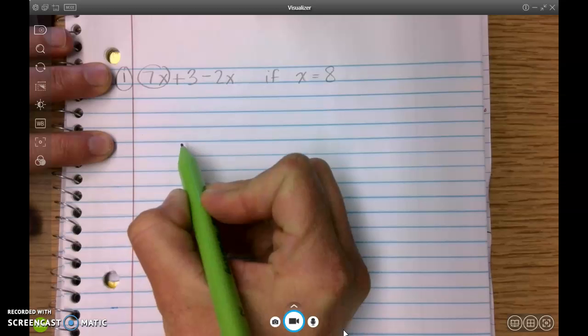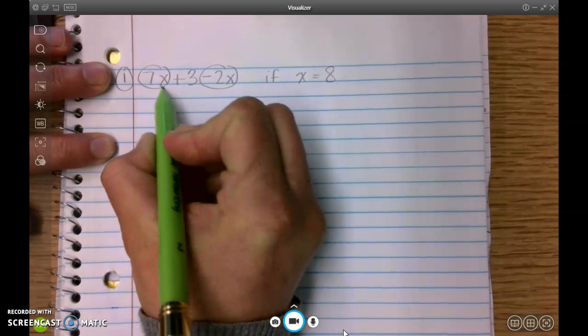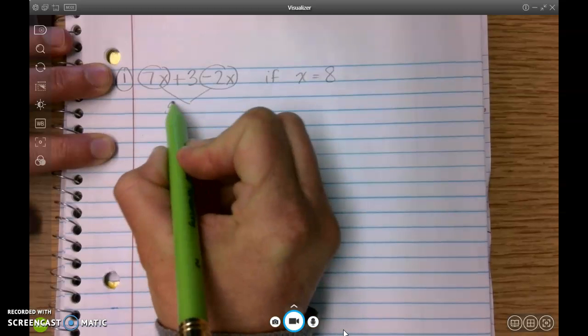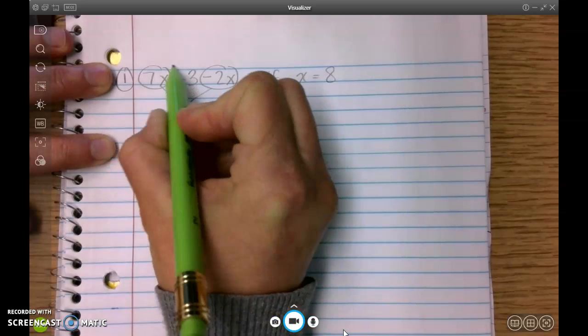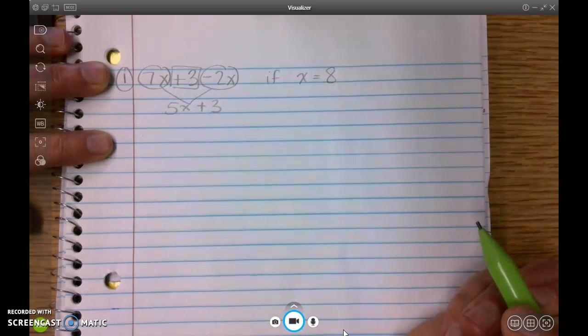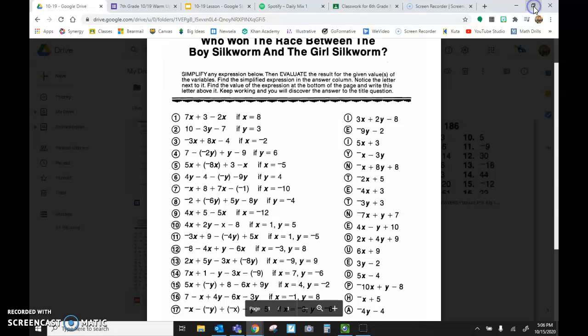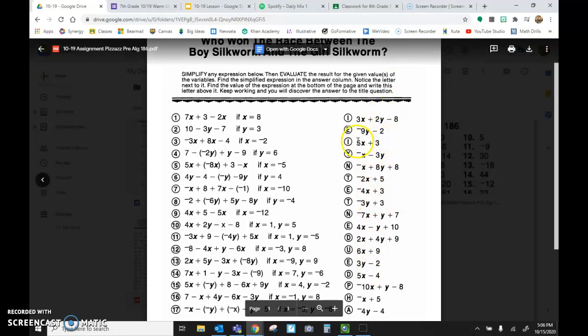We have 7x. Its like term, negative 2x. You combine those. That's 5x. You still have a plus 3. So that's what we're looking for first. If you want to do the puzzle sheet, the first step is looking for 5x plus 3. So we're looking here for, there it is,